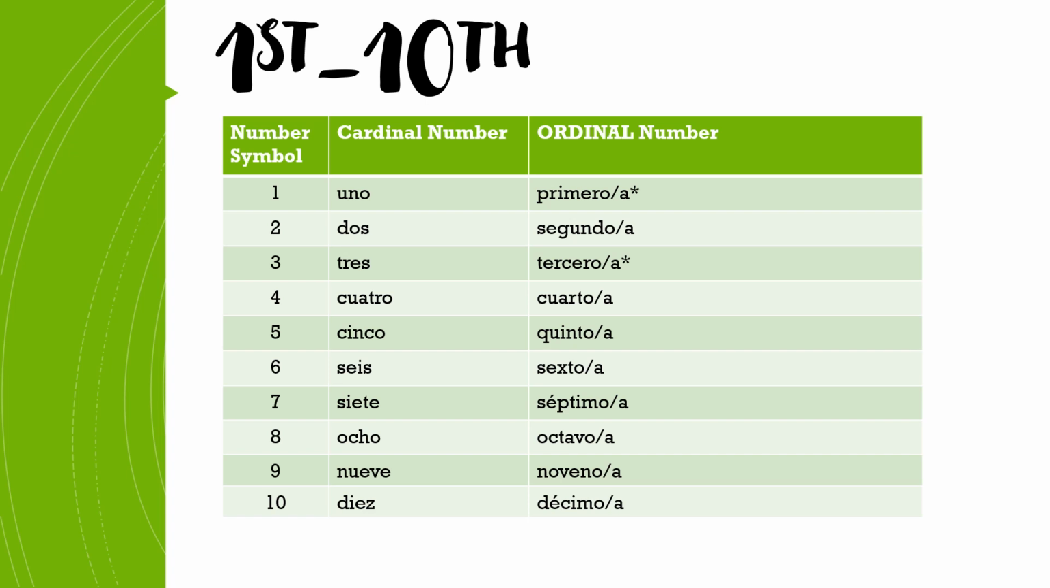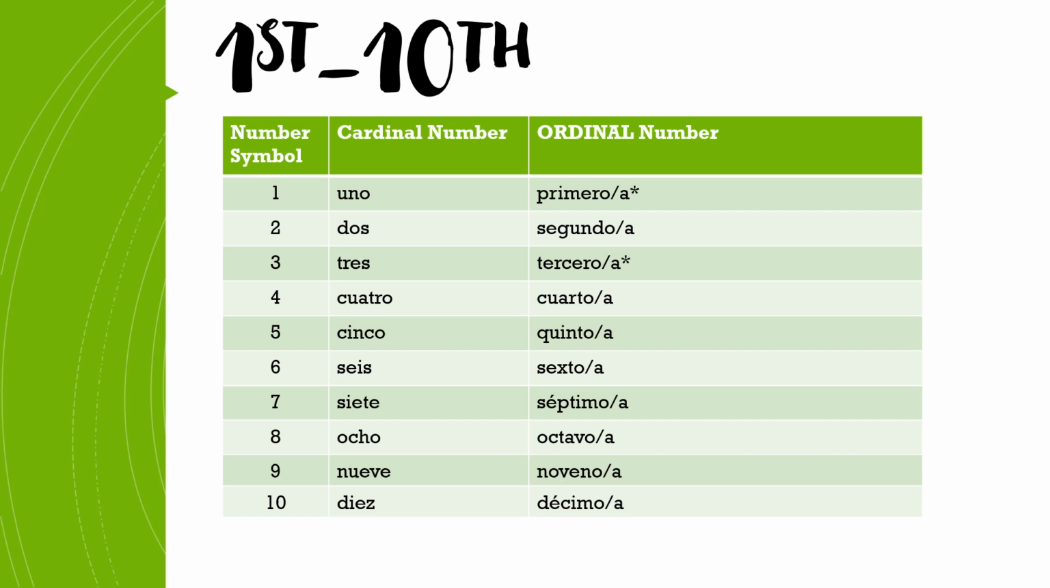So if something is number 1 in an order, it is first. If something is number 2, it is second. And if something is number 3, it is third, and so on. So 1st through 10th are your ordinal numbers going down in the 3rd column. Primero, segundo, tercero, cuarto, quinto, sexto, séptimo, octavo, noveno, décimo. And again, there's a /a, so it would be primera, segunda, tercera, and so on,